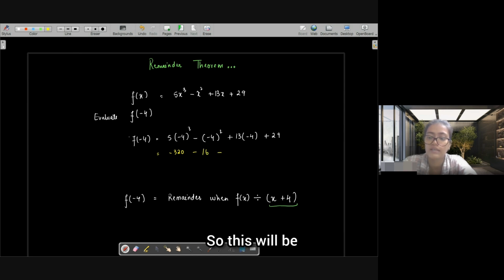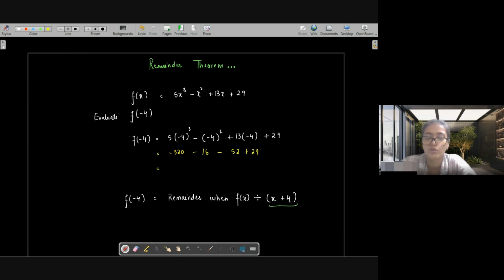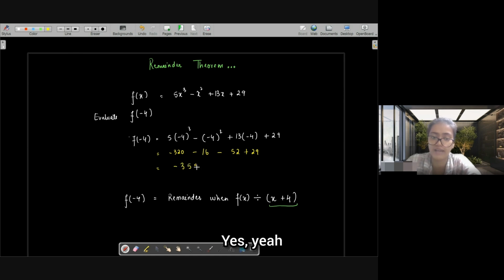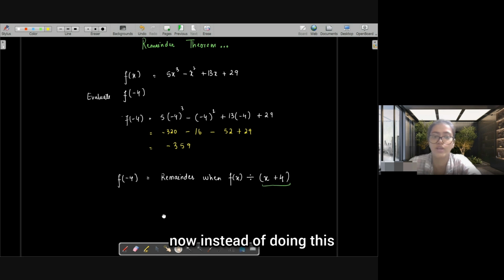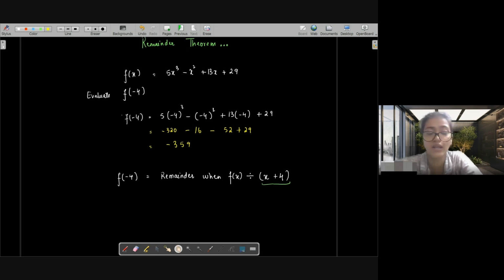Then 13 times 4 is 52, plus 29. So this is going to be -359. Now, instead of doing this, we will play smarter and find out the remainder